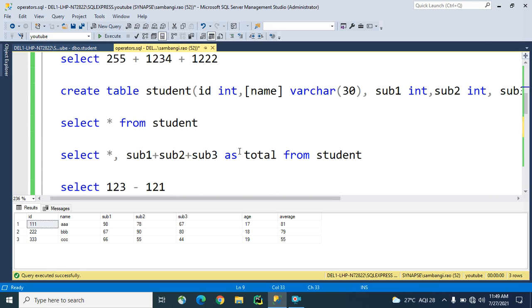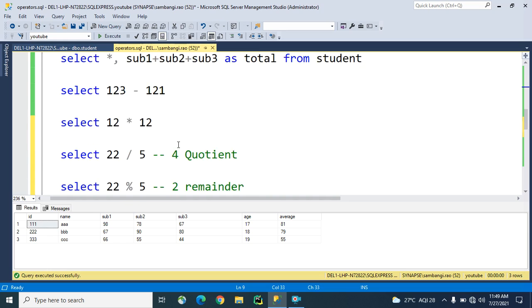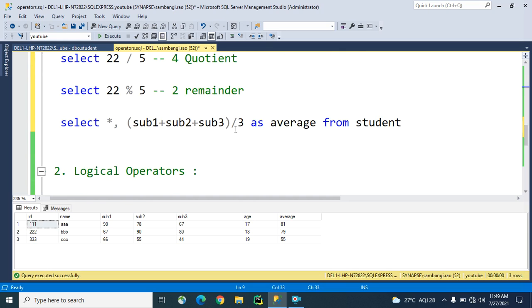When you want to use any of these operators, you can use them by our requirement. When it comes to average, we have used the division operator here. If you want the remainder, or if you want to confirm whether a number is even or odd, we can use the modulo operator.